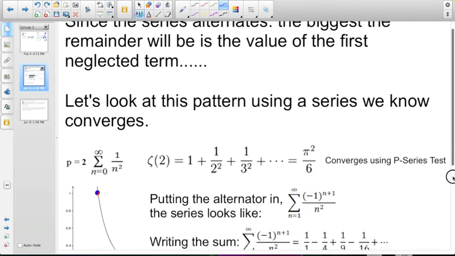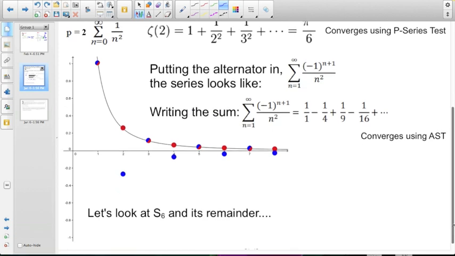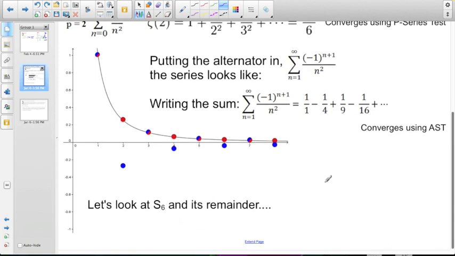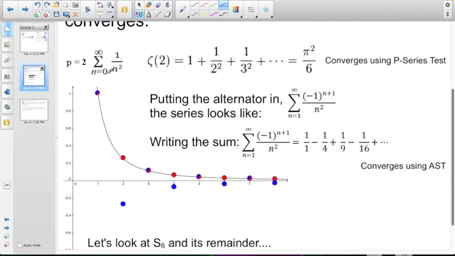So when we take a look at this, this is a little better drawing of what's going on on the previous page than I could draw myself. But basically it's saying, let's look at 1 over n squared and the alternating series over n squared. If we look at this, this is 1, 2, 3, 4, this is the 4th term. We're right here at